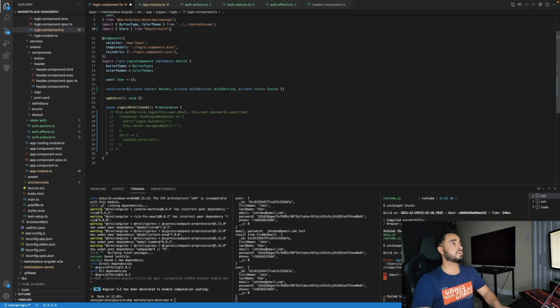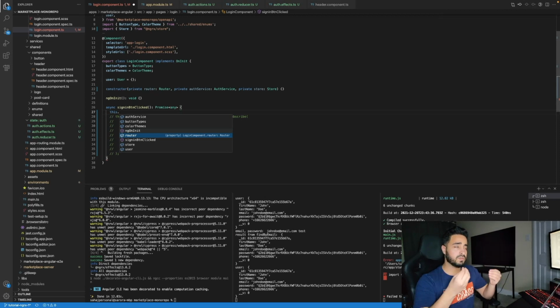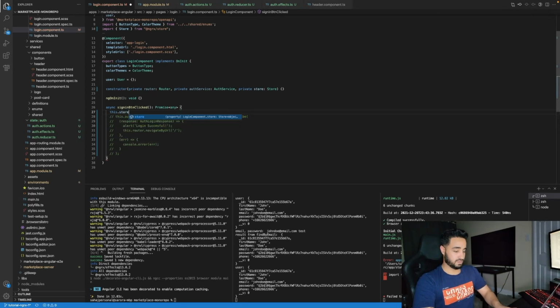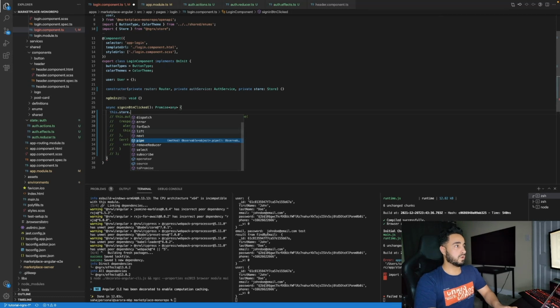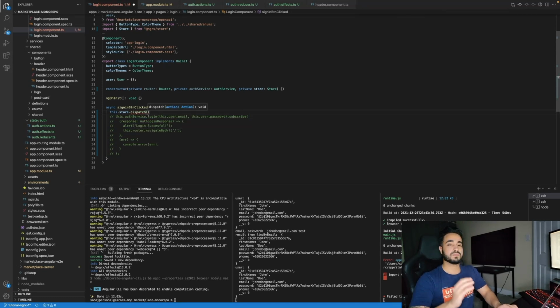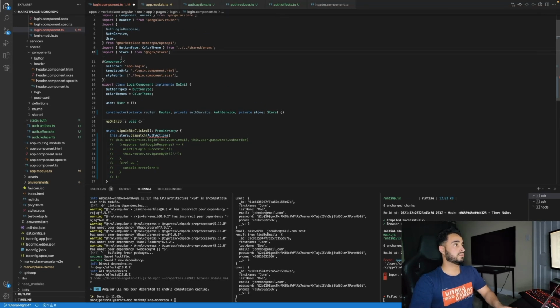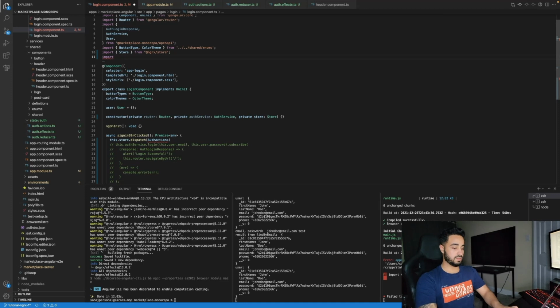Ngrx store. And now when my sign in button is dispatched, what I really want to do is say that, hey, my store, go ahead and dispatch an action, which is going to be the login request action, because I'm requesting a login. So auth actions. Now we need to import our auth actions. So general convention to do that is to say import all as auth actions from and the actual actions, auth